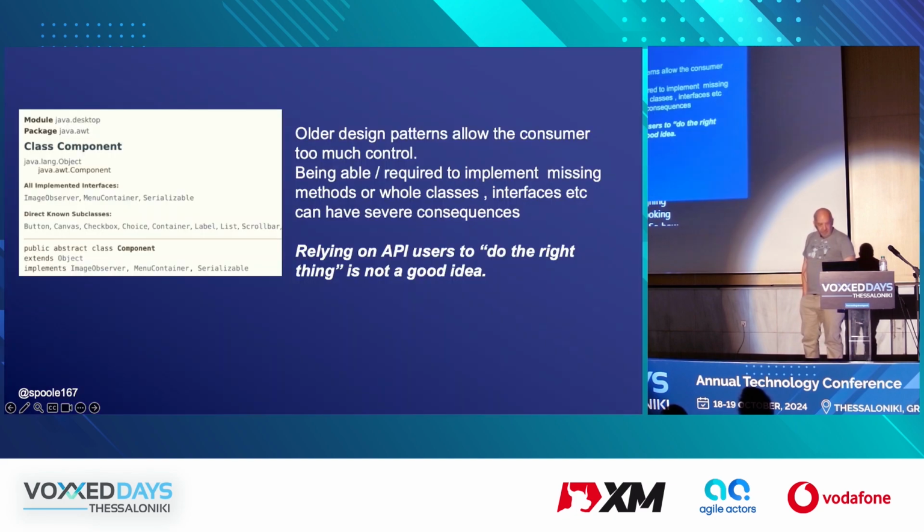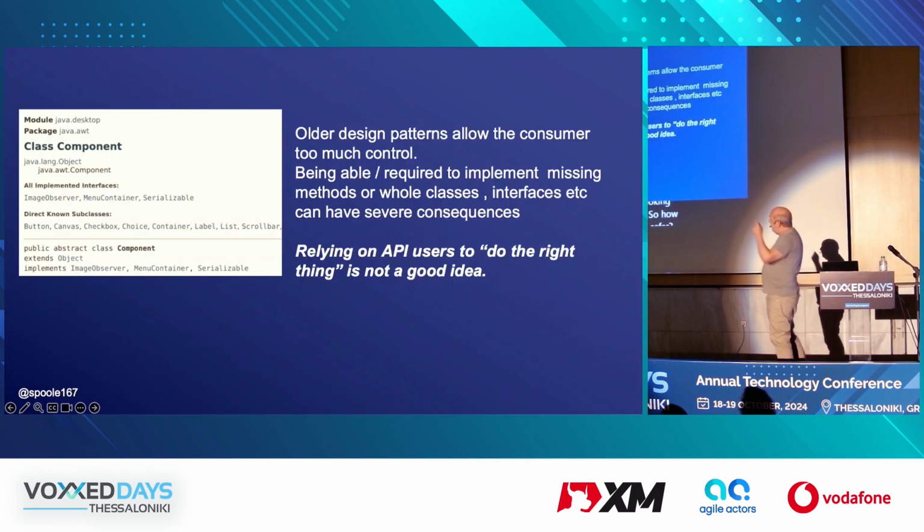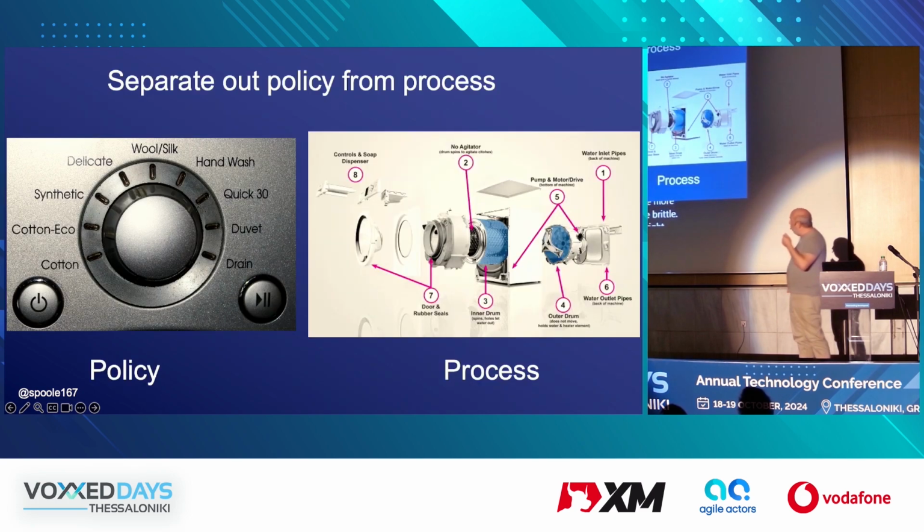Well, let's see if we can do this one. This whole idea of having classes, interfaces, and abstract methods and things like that, it's quite old-fashioned. It's turned out to be more painful, more dangerous, more brittle than we really like. It isn't the right way to do it. Modern APIs should be more